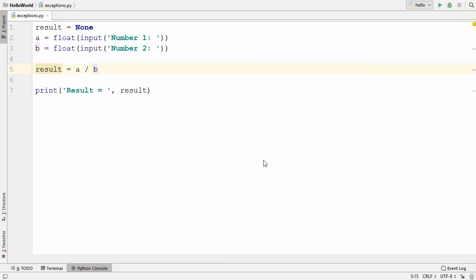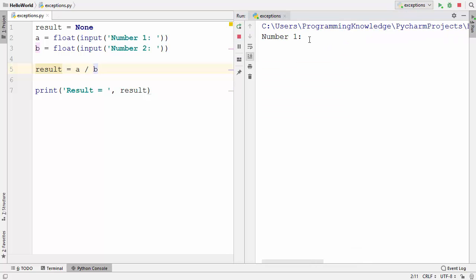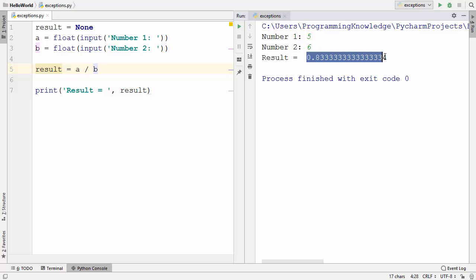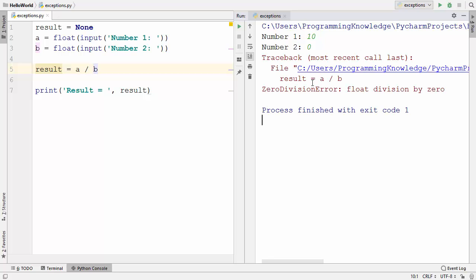So right click, run the file name, and then let me provide some numbers here. So 5 and 6, and press enter. It's going to give me the result, which is the division of these two numbers. Let me run the program once again, and this time I will provide 10, and the second number is equal to 0 here, and we know that when we divide some number by 0, we get this exception which says